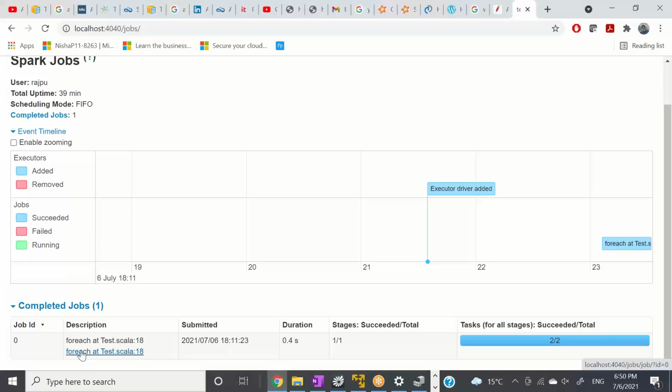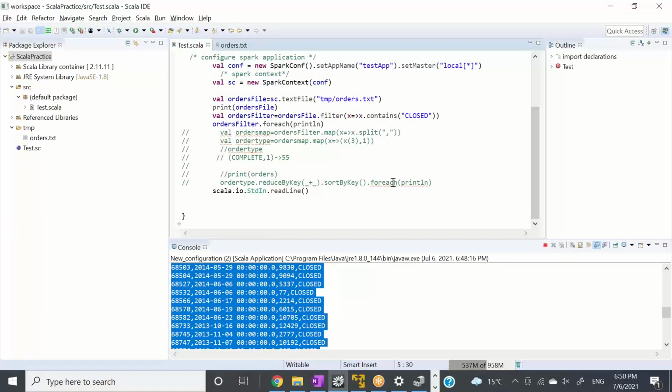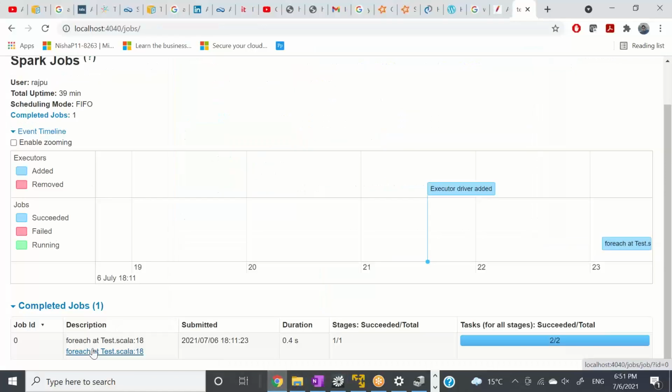And what we can see in the job, there's something written: foreach at test.scala on the 18th line, right? So let's go to my program now. Let's go to line number 18. So this is where line number 18 is. What the Spark UI is saying is that on line 18 you have called foreach.